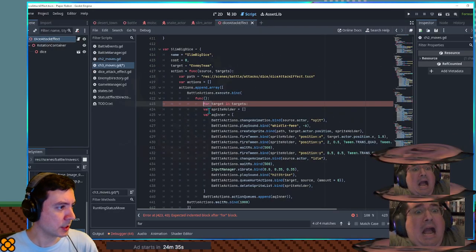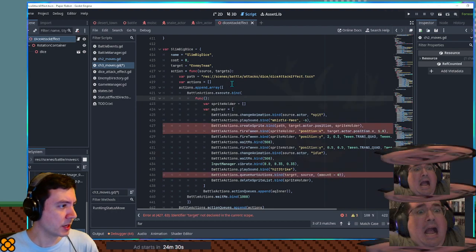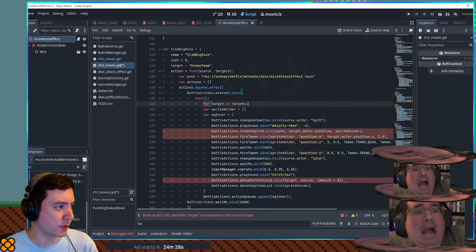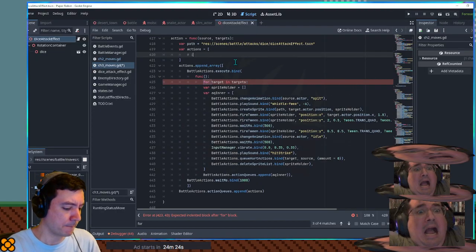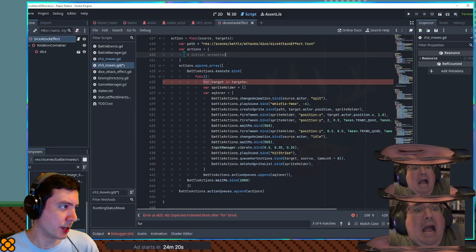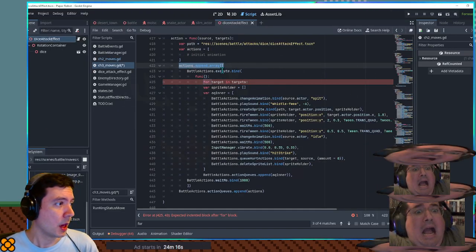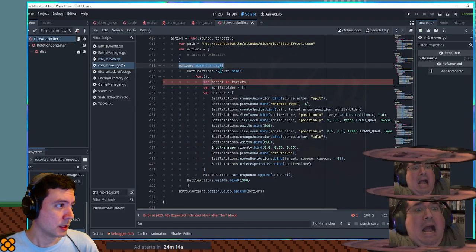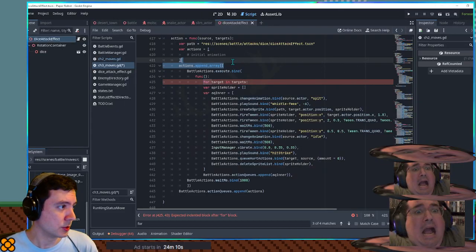For target in targets. Oh, just make a new action queue for each of them, right? Initial animation goes here. There we go. And then after those animations, append the action of